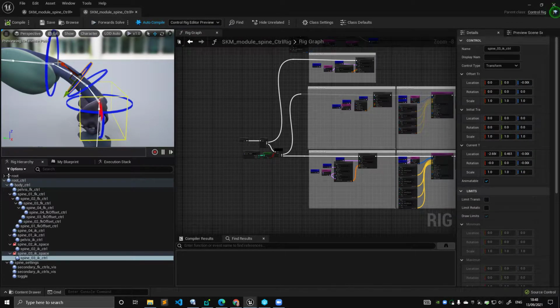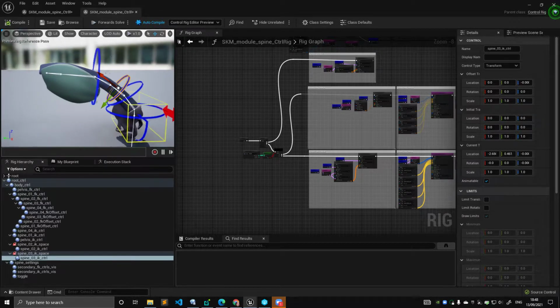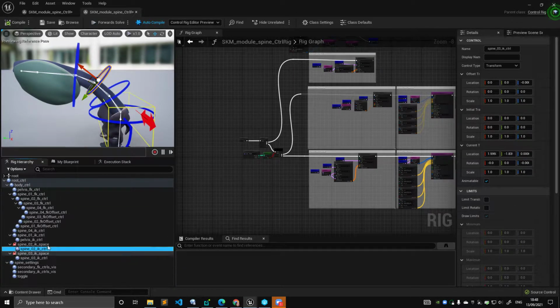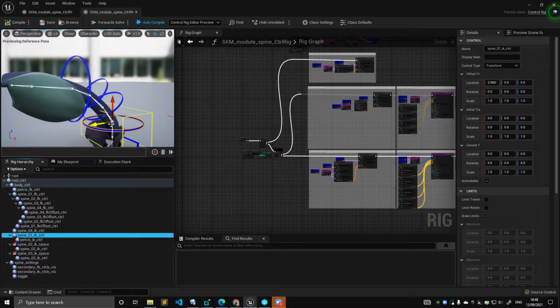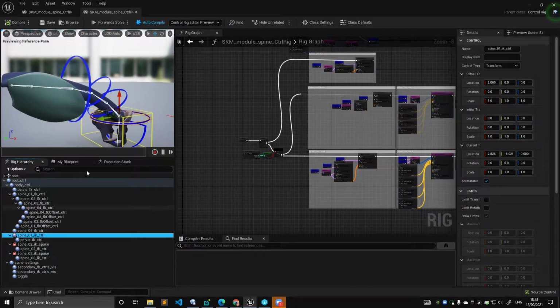So you can see that this control here basically solves through the IK spline the position of the spline joints. Okay, when it comes to the pelvis, if I select the pelvis IK, the pelvis is completely independent from the position of the rib cage. Not this one, sorry, this one is completely independent from the position of the rib cage. Let me reset that for a minute. So this solver here,